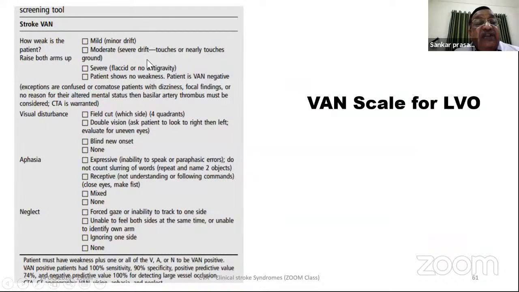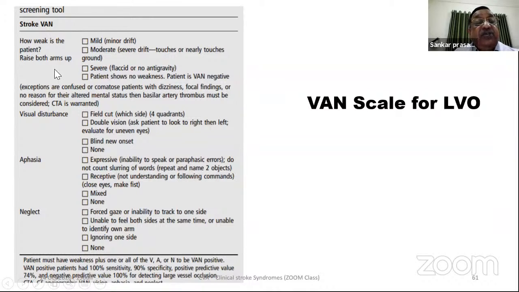And to identify whether large vessels are occluded or small vessels are occluded, we should be able to differentiate by VAN scale: visual disturbance, aphasia, neglect. If these three are present in any case of stroke, a large vessel is occluded. Nowadays, that occlusion, that thrombus, can be removed with mechanical thrombectomy. So every one of you should know what is a VAN scale,